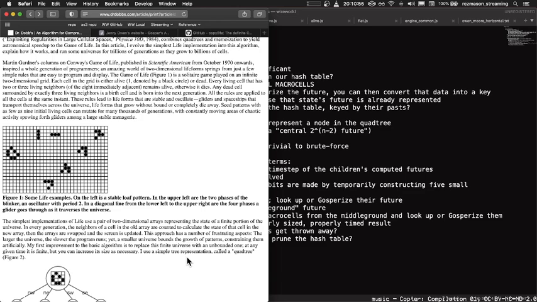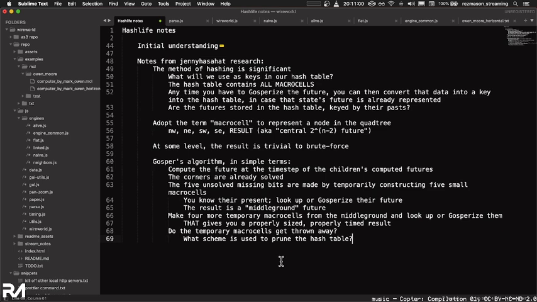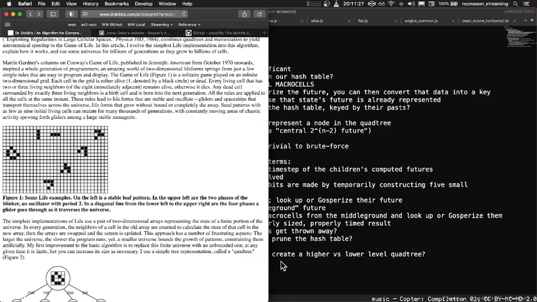It is interesting that at some point the time step will have to be adjustable. So to adjust the time step, do you create a higher versus lower level quad tree? In other words,